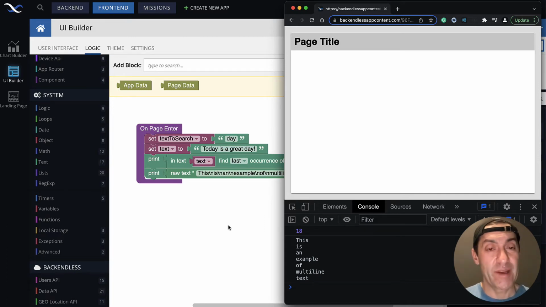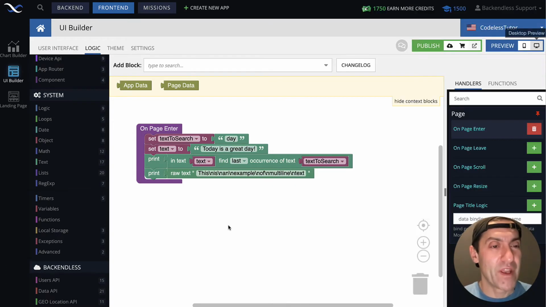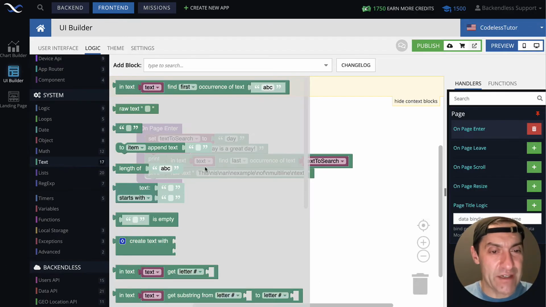Whenever you're doing something in your logic, whenever you need to introduce that next line and break your text into multi-line, \n in raw text will do that job. So basically it moves that carriage return, it is essentially the same thing as pressing return whenever you're typing to move it to the next line. That \n does that trick. Let's see what else we have under text.